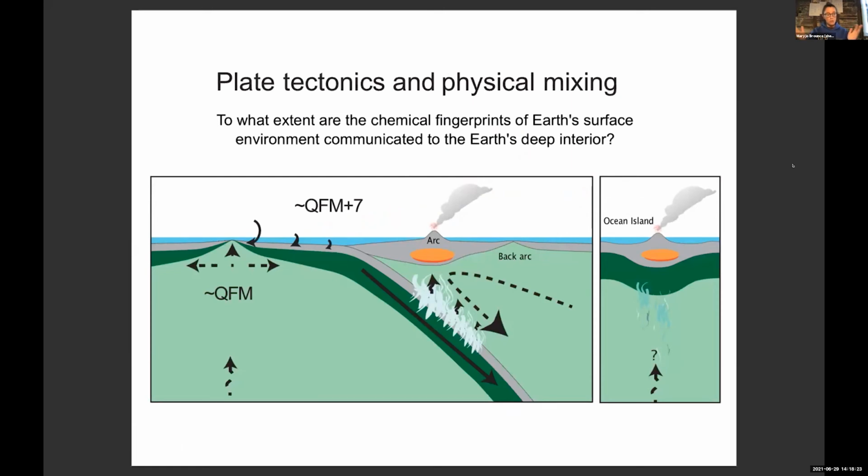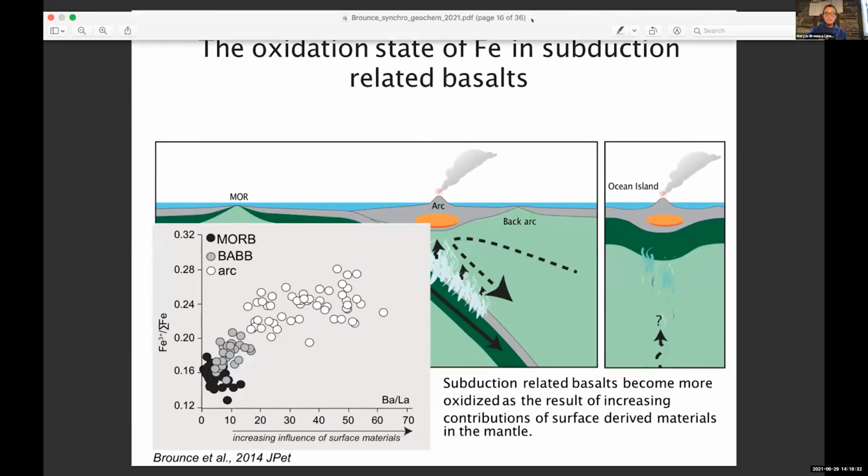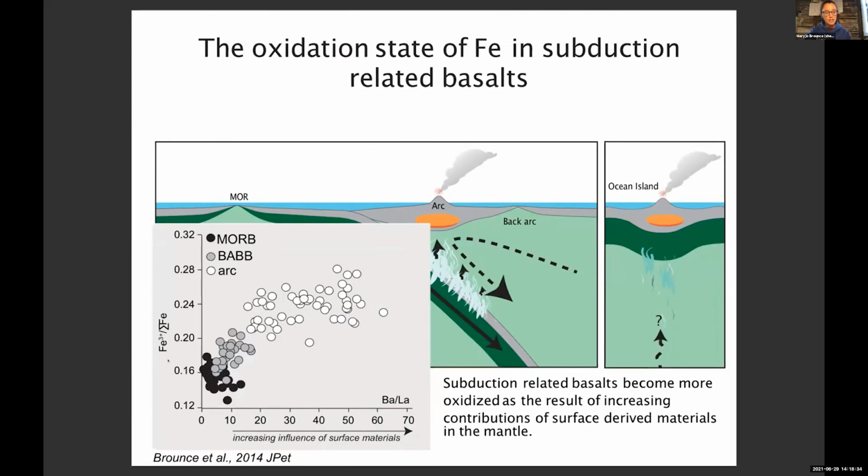Plate tectonics, what's the importance of it in subduction zones, and in particular with respect to redox chemistry? We went and measured a bunch of these melt inclusions and pillow glasses very carefully, and I'm showing you some data here on the left-hand side. Fe3+ over total iron on the Y axis, and I'm calling this a barium-lanthanum ratio here. It's not critical, just know that as you move away from this field of black circles, these are mid-ocean ridge basalts, as you increase your barium-lanthanum ratio, it requires that there's an influence of surface materials in